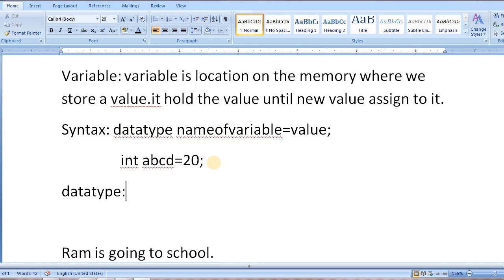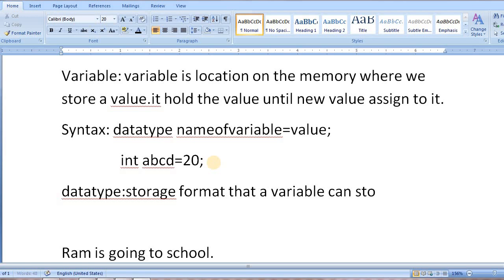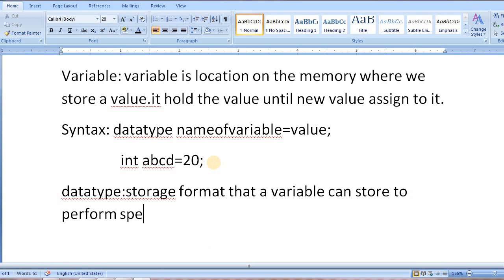So what is the data type? Data type is a storage format. Data type is a storage format that a variable can store to perform a specific operation.